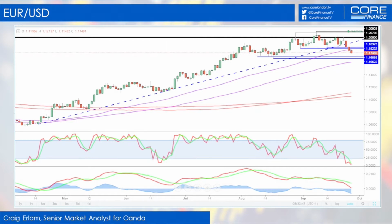I think the euro is still, in most people's minds, among the strongest potential currencies for the period ahead, because we're still in the very early stages of the unwinding of its stimulus and potential tightening, whereas the US is well on its way, and you wonder how many more we're going to see. And there are obviously questions rising about whether Yellen will still be chair come February the 4th and what that means